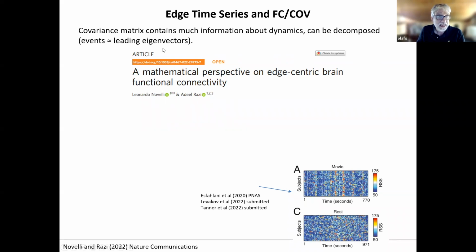It turns out that indeed you can decompose covariance matrices, we've done it ourselves in our own work, into, let's say, eigenvectors or PCA. And you can certainly find components in functional activity covariance matrices that will drive that structure and have a particular structure to them, which resembles what we see during events. So this paper here was actually quite helpful.